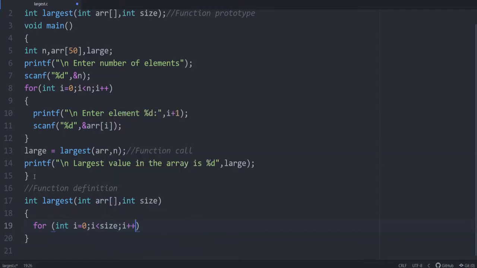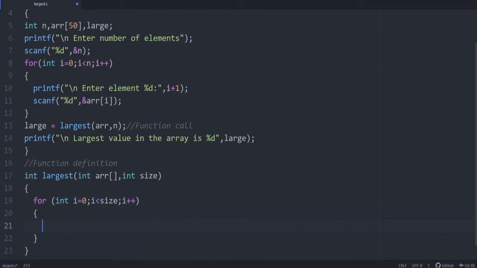Whenever you need to access all elements of the array, you need a loop, obviously, because there is more than one element. So we need a loop, and the loop has to execute from 0 to n minus 1 so that all the elements will be accessed. So i equals 0, i less than size, i plus plus. Here what you have to do? First, let's give another variable, say int L, and you can assign the first array value here. So arr[0] can be assigned here. Okay, so the initial element is saved in L.